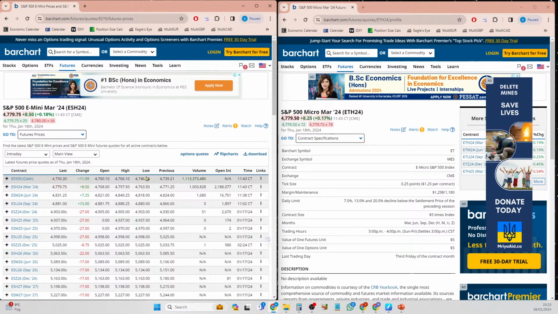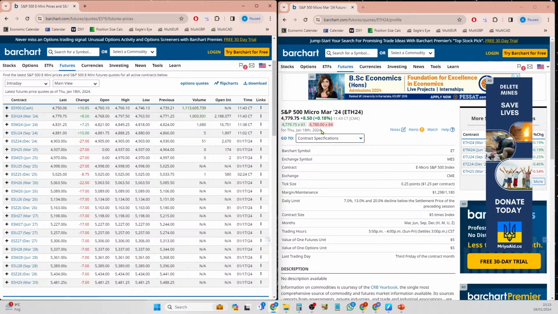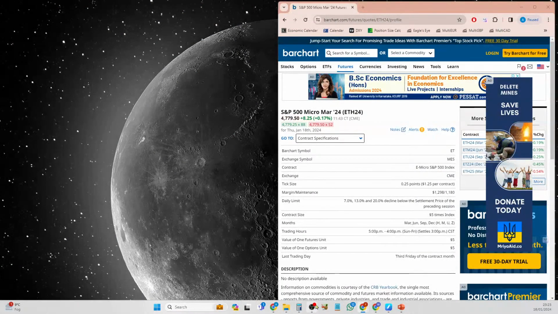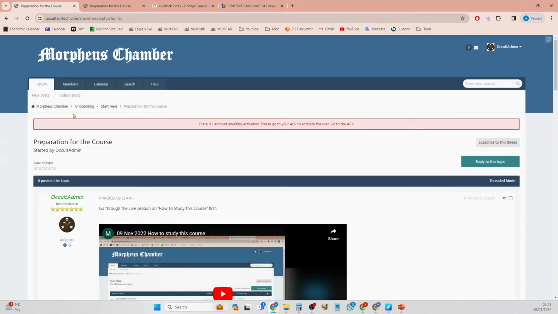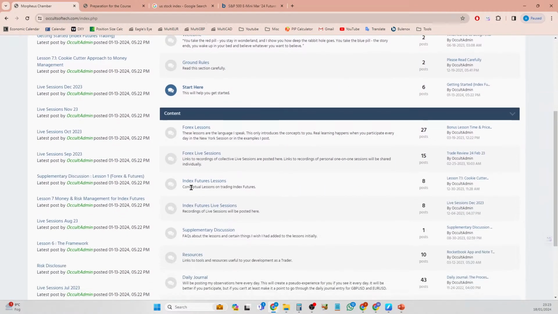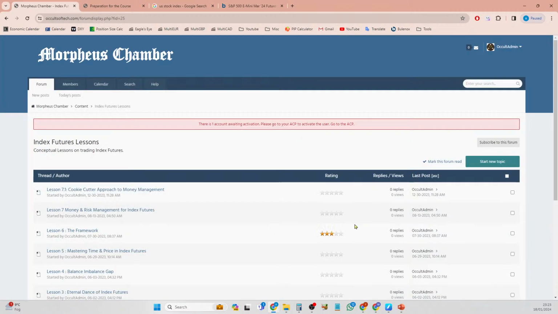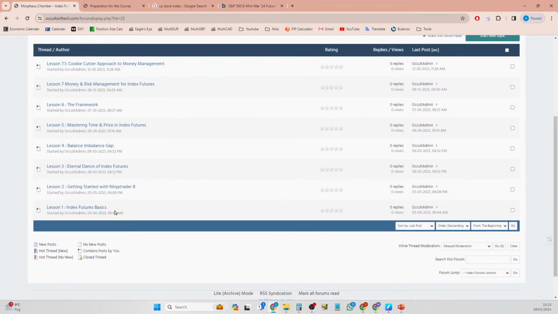So that's about the basics of the futures contracts. I would encourage you all to go through the basics lesson that I have already posted on the forum over here, the futures section. There I talk a little bit more in detail about what futures is, and all those things which I have visually shown you right now are already mentioned in this.